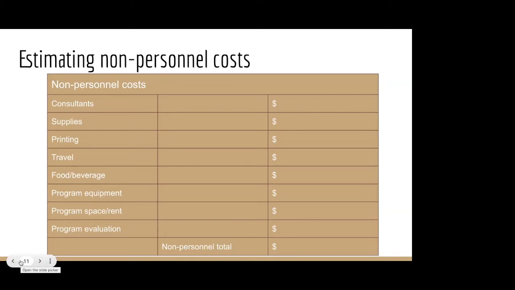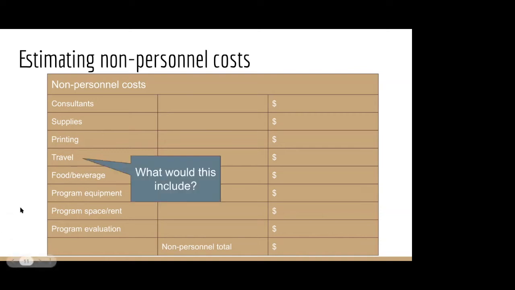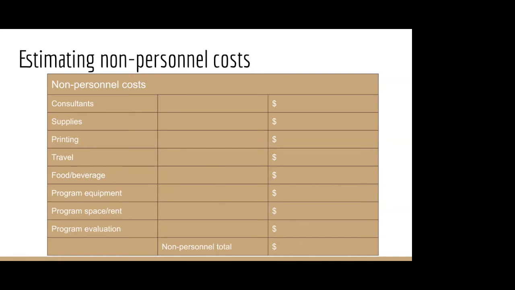We're going to talk about non-personnel costs. So these are other direct costs that involve everything else that is directly related to running the project. Not the people who are employees, but the people you hire maybe as consultants. They don't get the benefits, but they may have hourly costs. What is listed here? So we have supplies, printing, travel, etc. That'll be different for every project. Everything that you have to spend money on to make the project successful needs to be listed in the non-personnel costs. And travel,